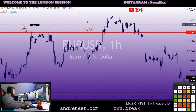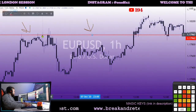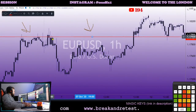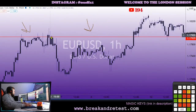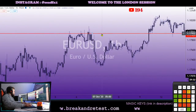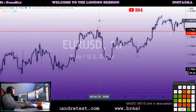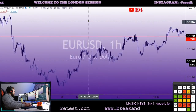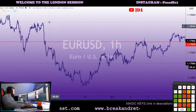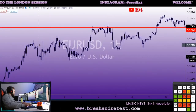Okay, so this was before. Yeah, I know now. This was a trade that we took around 10 pips in an entire session. Yeah, then it came back down. Okay, so price closed above that and did a small retest and did continue all the way up. And if we go on the left here,